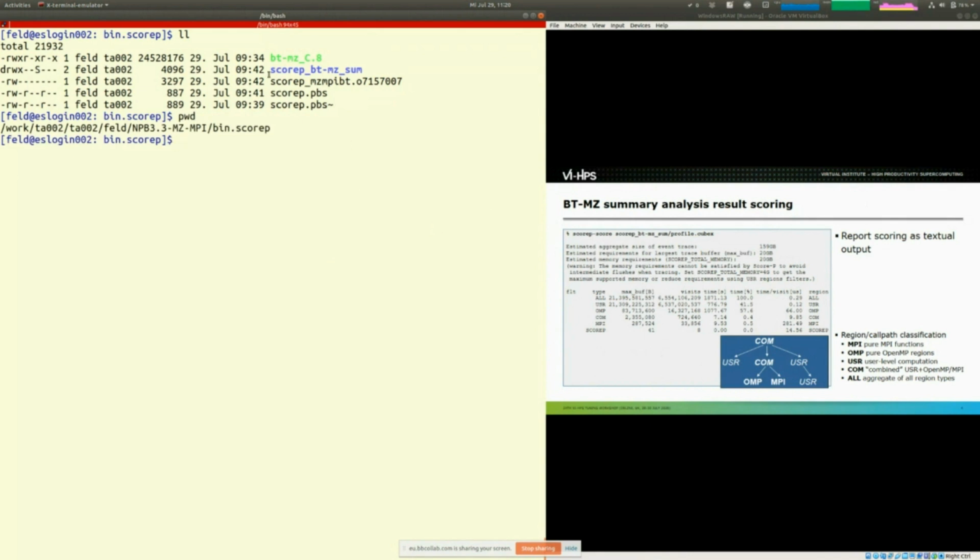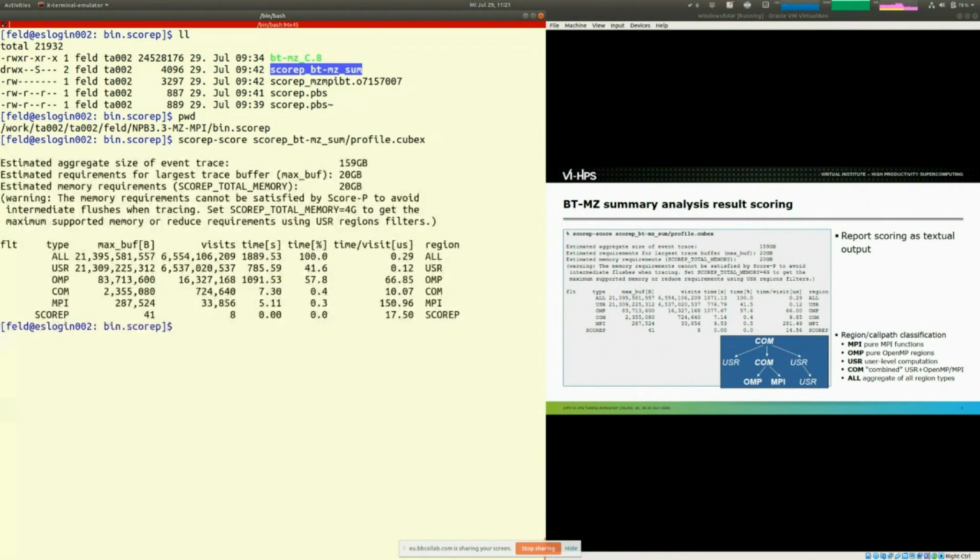The result here is in the Scorpio BTMZ sum directory. And we are now going to use a tool called Scorpio Score. It's a command line tool to look at the generated profile measurement. So we just pass Scorpio Score the profile.cubex file and get some